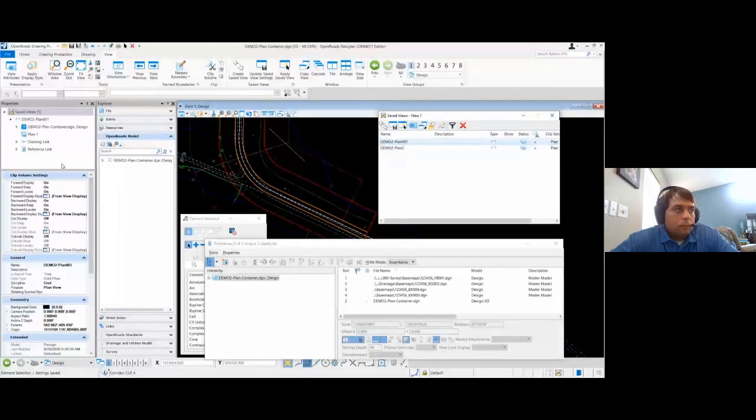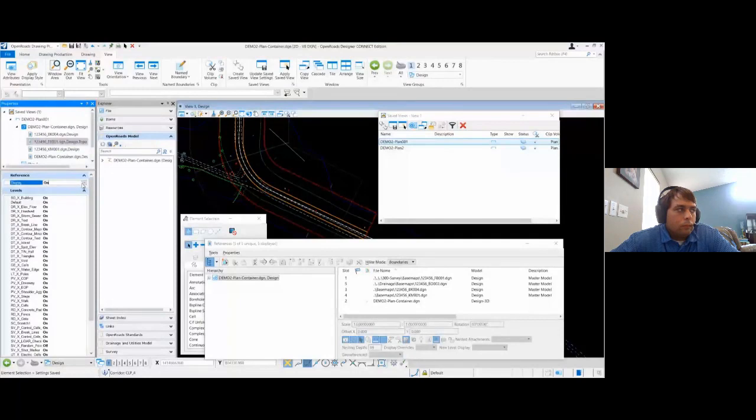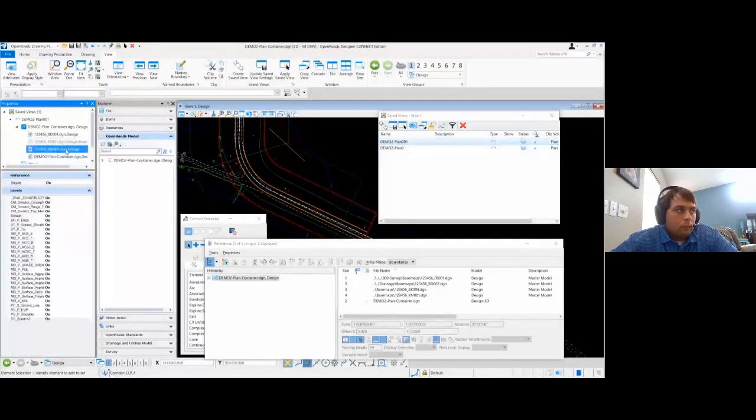So I can click on that, I can look at the properties, I can come in and edit the level display for that saved view for any of these references or nested references or the main reference. I can turn the display off or on if I wanted to. So maybe I turn off my survey, and then I'll just come down here and turn off the shoulder. All right. So now if I jump back over to my drawing model for this plan 1 sheet,